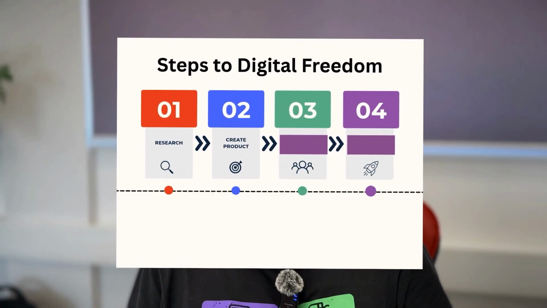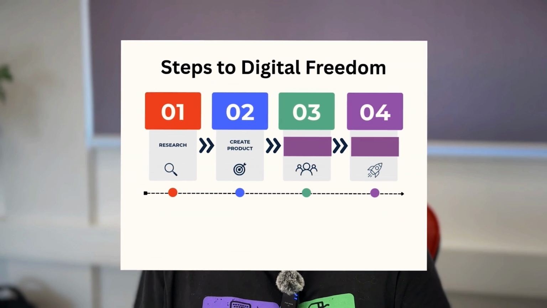The second step you need when you find your product idea: usually some people will start building a product. You can do that, but always do a simple product at first. And then you can make it bigger later and raise the prices. So what you need to do is use AI.